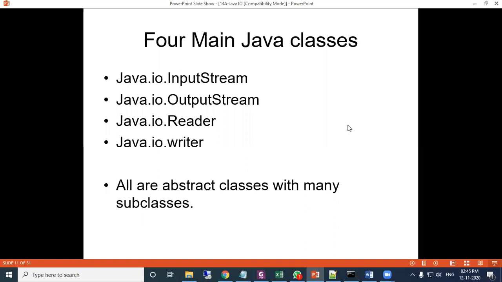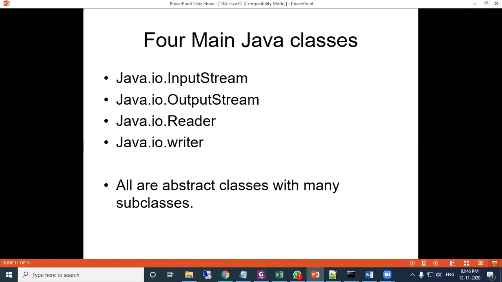You may note down and remember: input stream, output stream, reader and writer. And remember, these are 4 abstract classes. Abstract classes means the class cannot be instantiated, which we know.